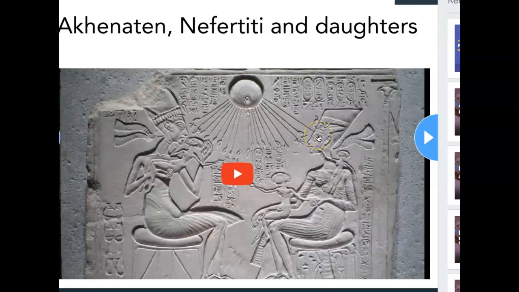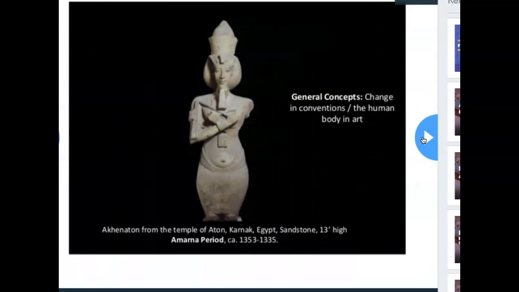And this is because they changed polytheistic religion in Egypt to monotheism, the belief in one God, which was pretty revolutionary at the time. The way he represents himself, that you can see here and also in this image from the book, is a change